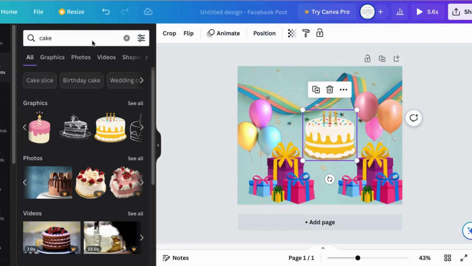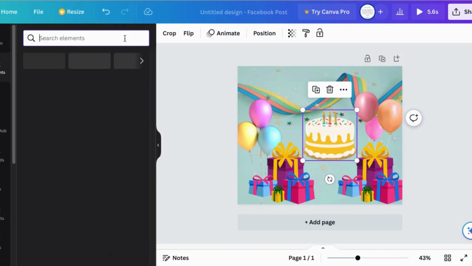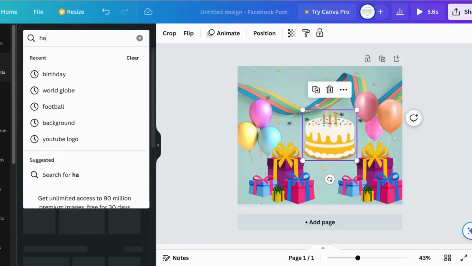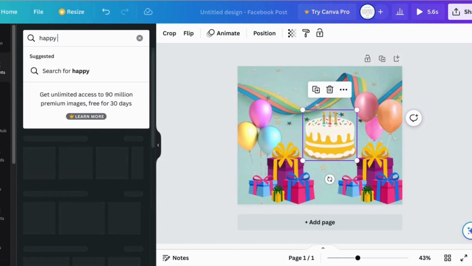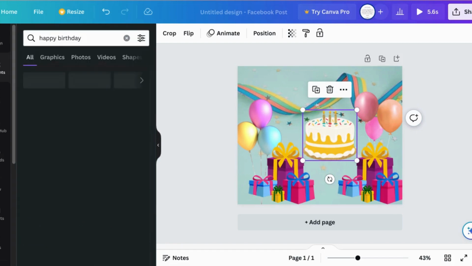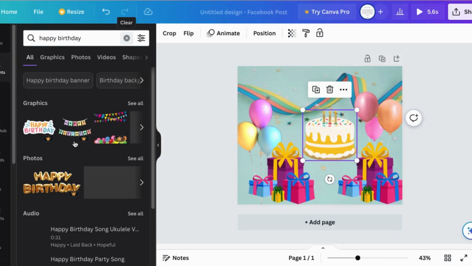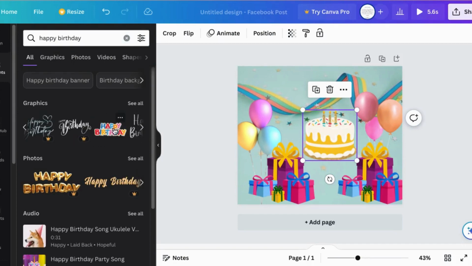So you can just take some happy birthday designs from here, but most of them are paid, so we are gonna be writing our own text. But we can also just look from here. Let's write happy birthday, and we press enter, and now we are gonna see some graphics over here. These are the old graphics that we were using. We can use this one. Alright, this one looks pretty cool,